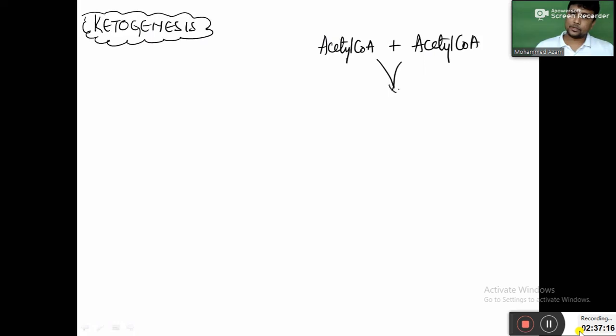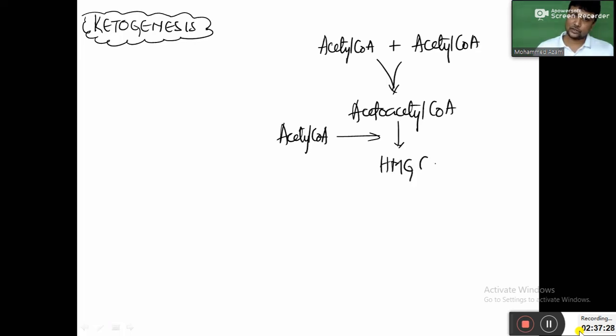These two will combine together to form acetoacetyl CoA, and that is going to combine with one more molecule of acetyl CoA to form HMG CoA. मस्त टाइम पास है। चलिए सर, जोड़ना बहुत हो गया, तोड़ते हैं। HMG CoA will now break down